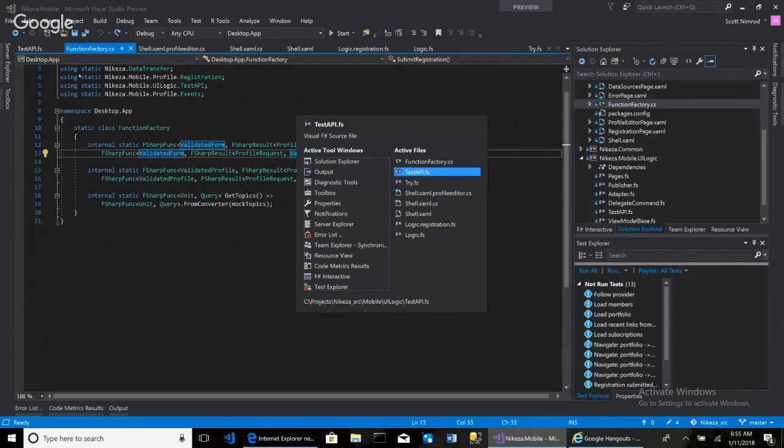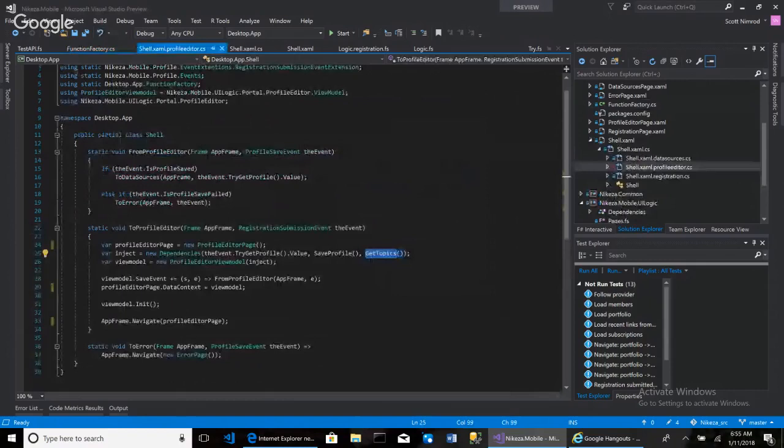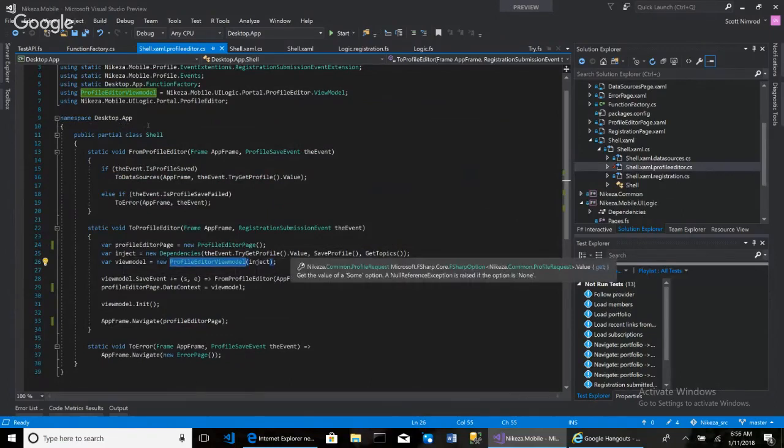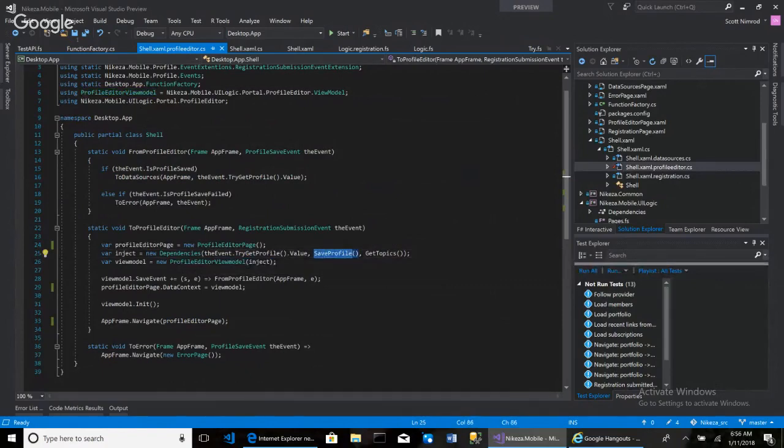All right, so those are the dependencies that I need to inject into my view model for this profile editor page, right? So this is a profile editor page. I instantiate the view model, and I take these dependencies that came from my function factory, which is up here. I throw it inside this inject. In C#, this looks like a class, but in F#, this dependencies is actually a record type. And so I could show that